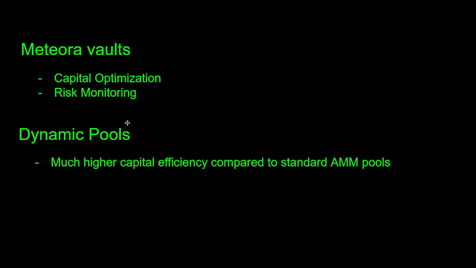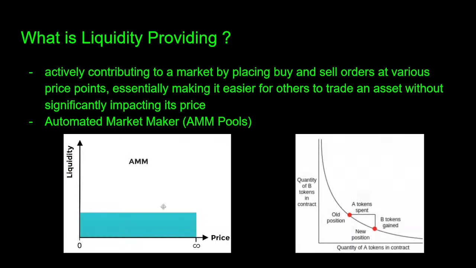So the next thing that we want to talk about is the dynamic pools on Meteora. These pools are basically your standard AMM pools that we spoke about, but these pools are much more capital efficient. And the reason why these pools are capital efficient is because when we spoke about AMM pools, we saw that liquidity is being provided from a range of 0 to infinity, and most of the liquidity is basically